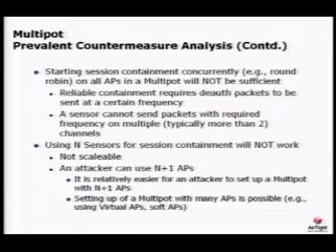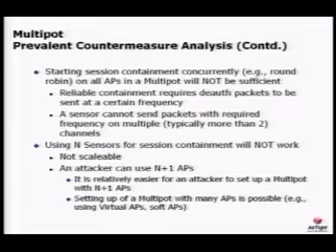Continuing on our countermeasure analysis, one might argue that starting session containment on multiple channels concurrently may be a good solution for this. However, our answer is no. The reason being, a WIP sensor will have to send deauthentication packets at a certain frequency for reliably blocking the communication of multipod. However, as we have just now seen, certain clients reconnect with their APs very quickly, and that is of the order of 30 milliseconds in many cases, and the sensor will not be able to block the communication on more than 2 channels concurrently. So this is also not a good solution.